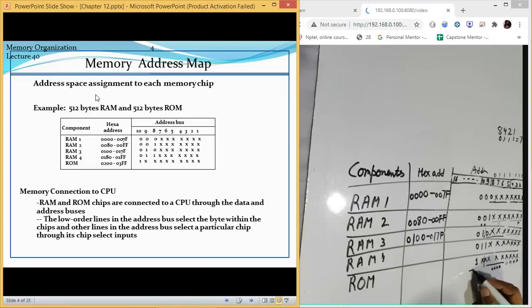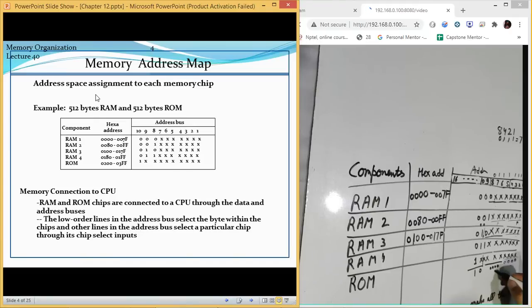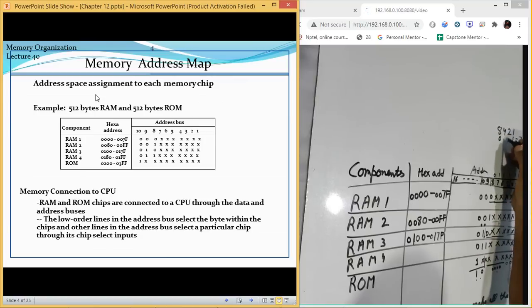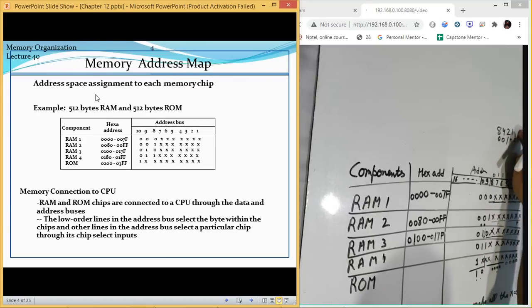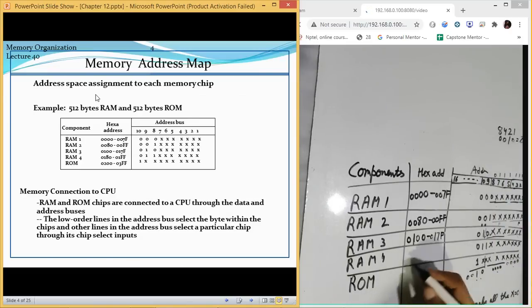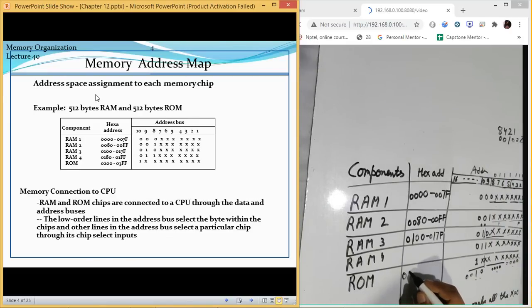Okay. Then let us talk about this. Make it 0, 1. So the first address will be 0, 0, and this is 2. Why is it 2? Because if we calculate it in this way, it will be 2. What is this value? It is 0. It is these two values, 0, 0, 1, 0. So it is 2. So the address will be 0, 2, 0, 0.